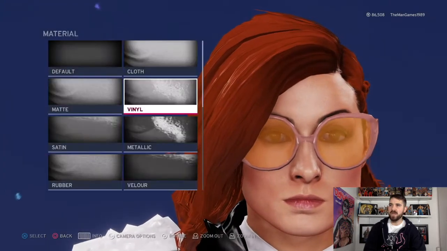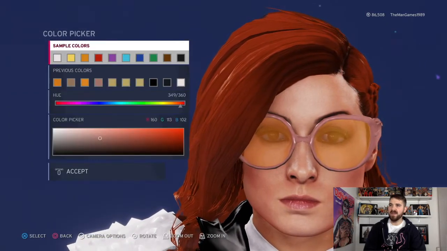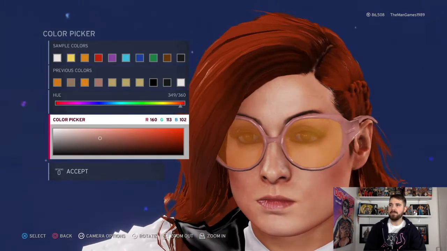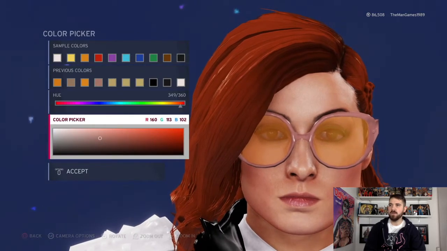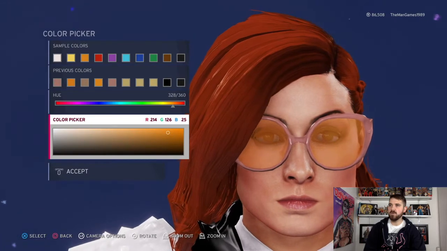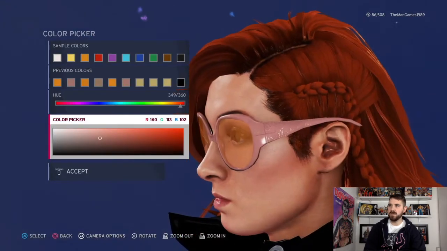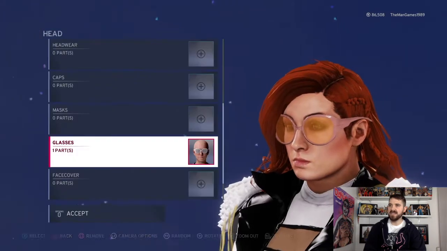And materials, we have vinyl, default, and default. And the colours, we have that shade of like a peachy colour there. So remember, use the colour picker to get the correct shade. Orange again, the same orange as we've already used, just a sample colour. And the same peach colour again for the third one. So that is just for that little bit there. So that is it for